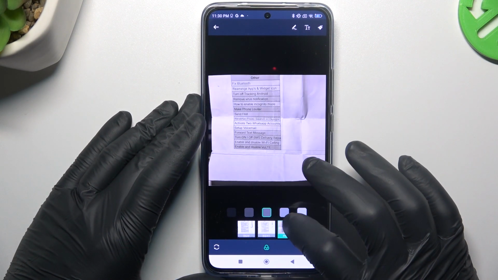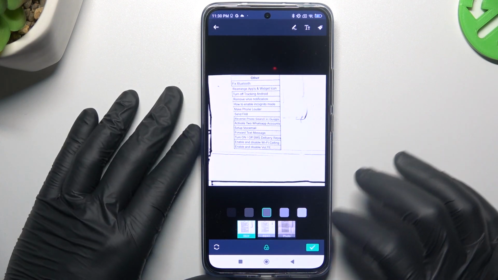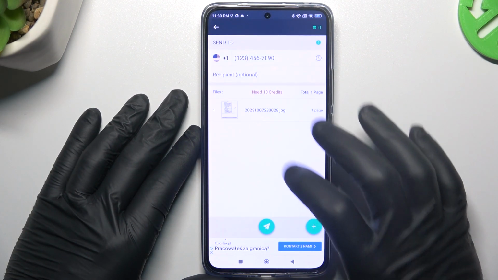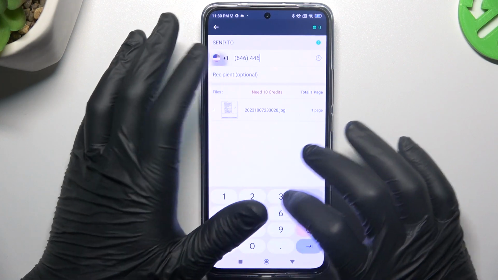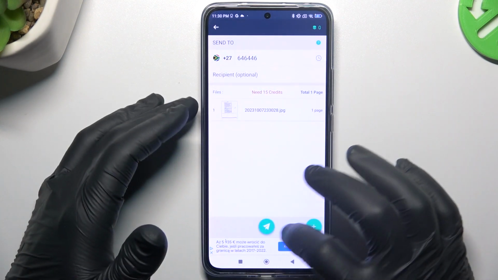Now choose the filter for photo to make it more visible. Type the number in this place, choose the country from the list, and to send this message just click on